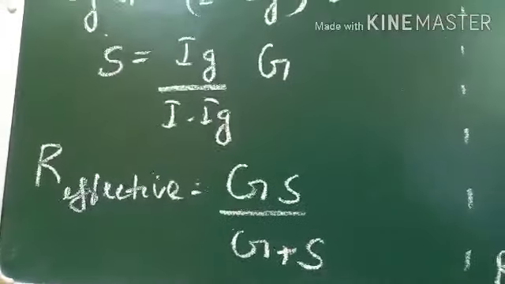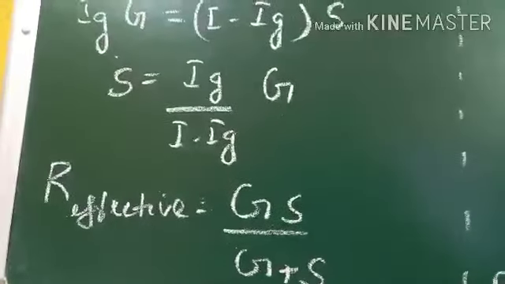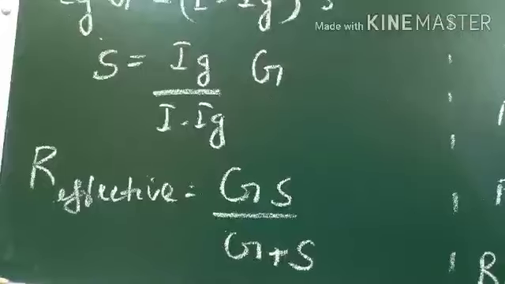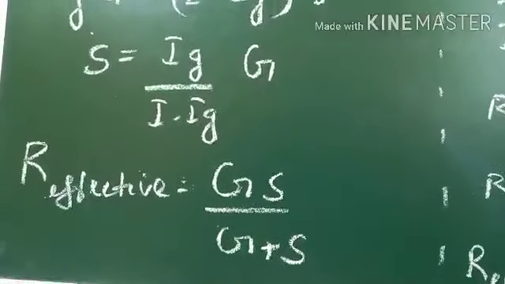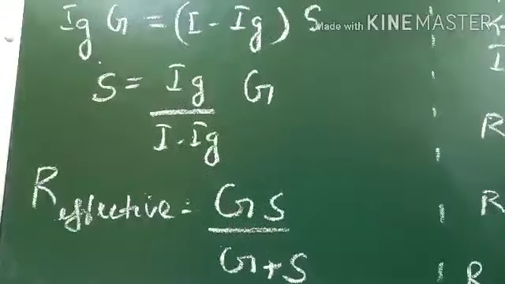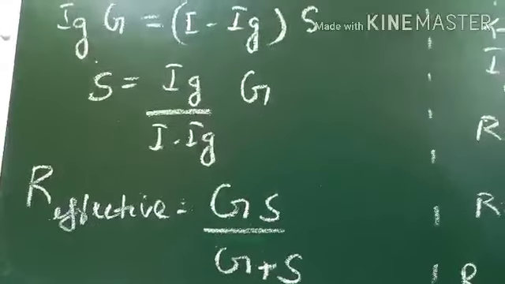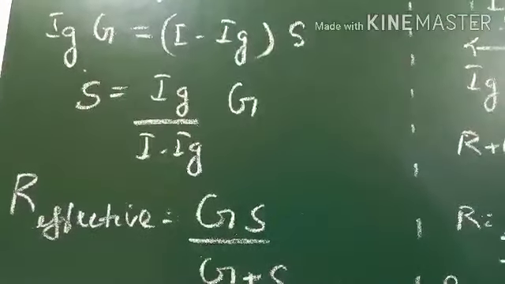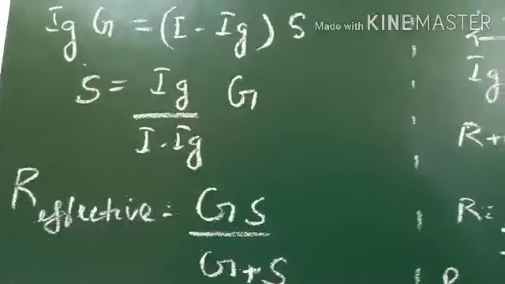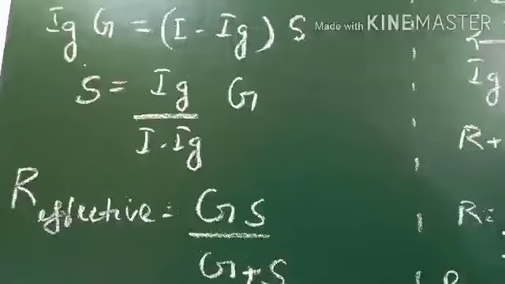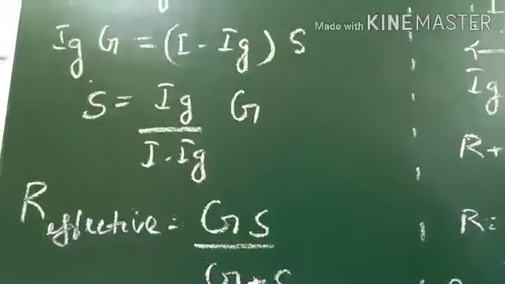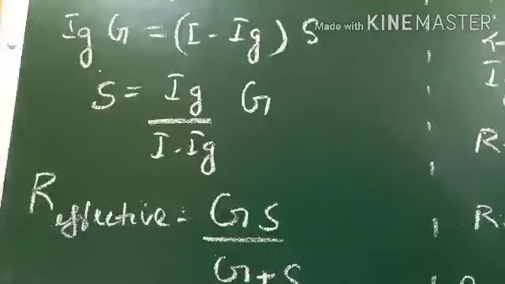So this is the shunt resistance. We are using the shunt resistance to prevent the galvanometer from being damaged due to large current, to convert the galvanometer into an ammeter, and of course to increase the range of the ammeter. Clear, children? One more thing I want to mention here: an ideal ammeter has a resistance of 0.